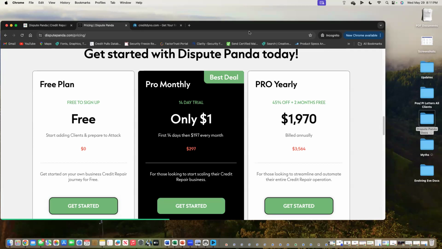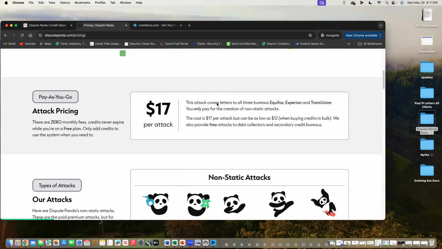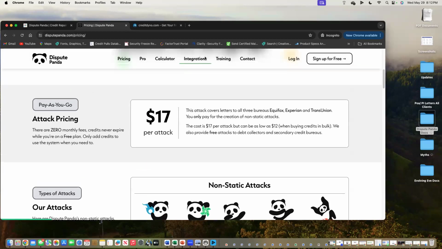And again, if you have no monthly overhead on the free platform, you still get the letters. And I'm going to show you today how to get the letters for free, right? Let's go back to the top. I'm not going to go over the pro and the calculator, because that information's in the software and I want you guys to see it, but I wanted you to be aware of those options that we are going to look back at momentarily.